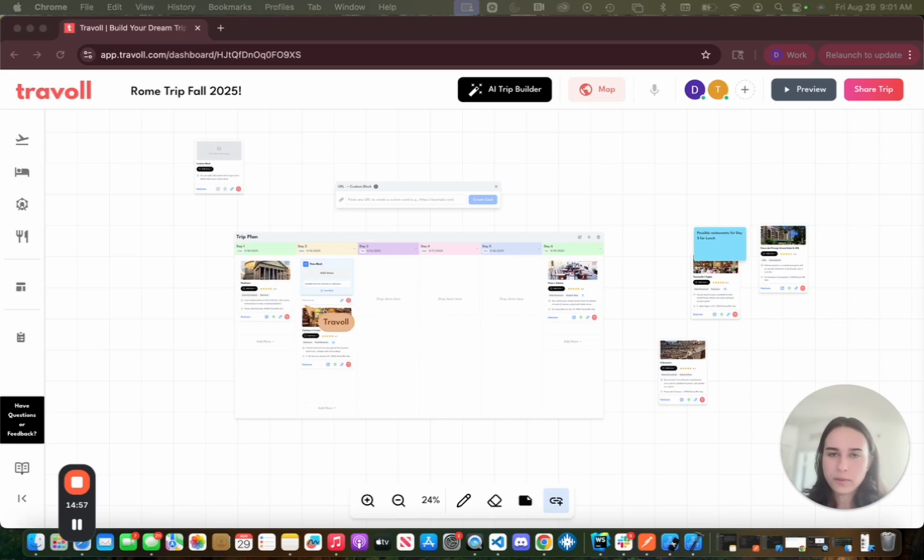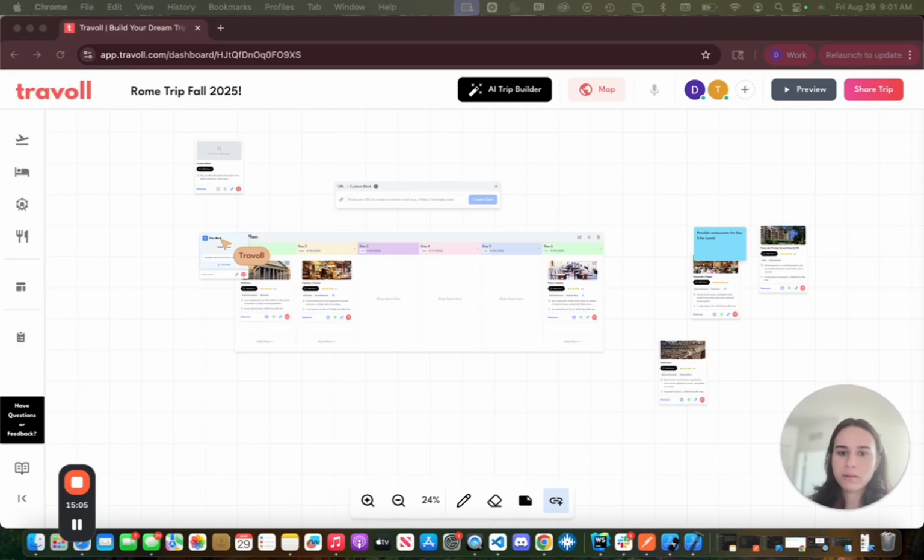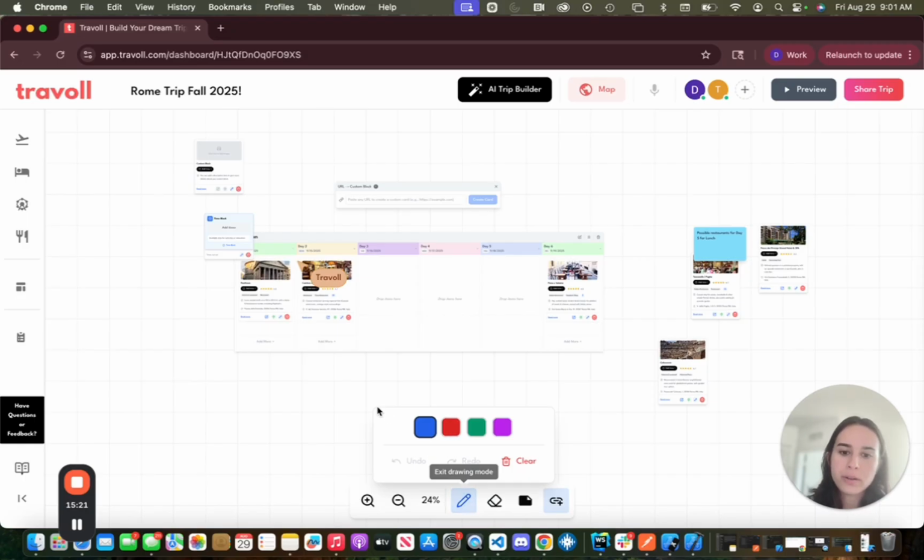Let me see. It's confusing when I have two screens in front of me doing the same thing. Theoretically, there'd be another person, but see, this is moving. Oh, and then, hear me out. There's drawing as well. These are bad drawings, but I'm going to erase them. But let me show it on this screen too, so you can see how it's actually activated. So you click here on the drawing mode, and then you can choose your color, and then you can draw a smiley face, and the other person gets it as well in real time, as you saw. And then you're like, oh, I like this one, but I also like this one. So you can draw a little arrow or whatever, and then you can obviously erase it after.